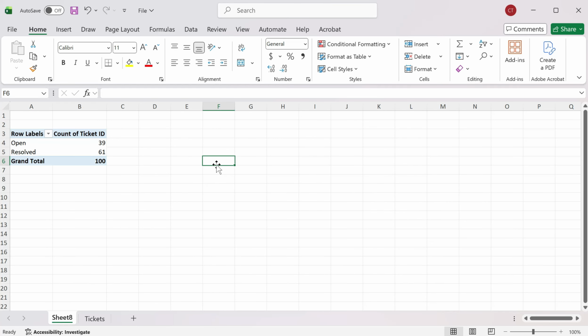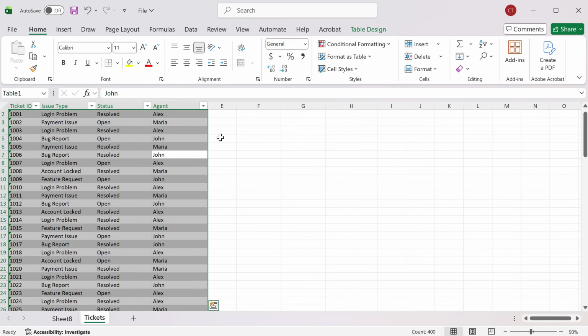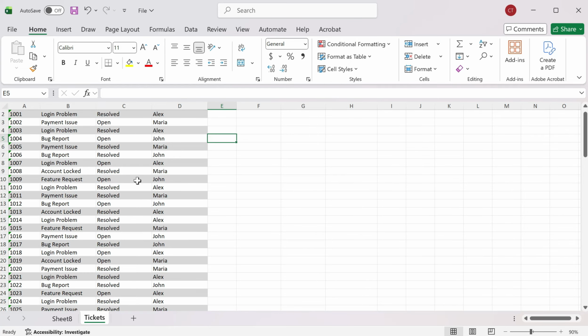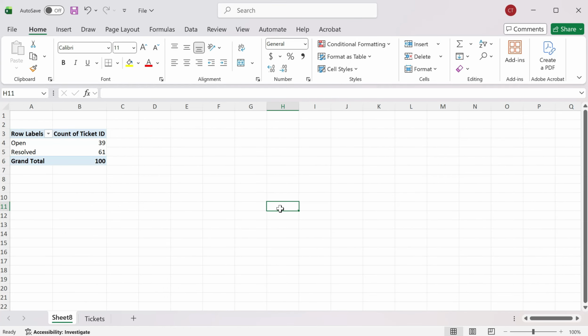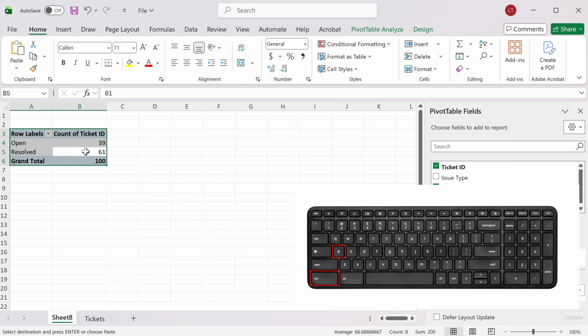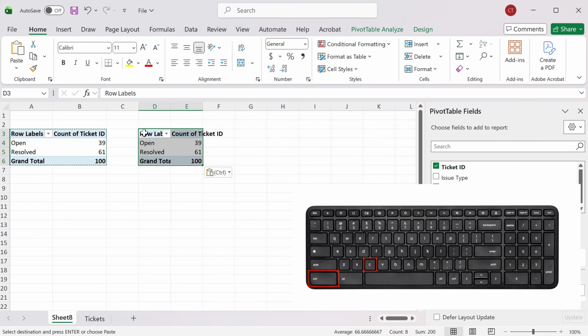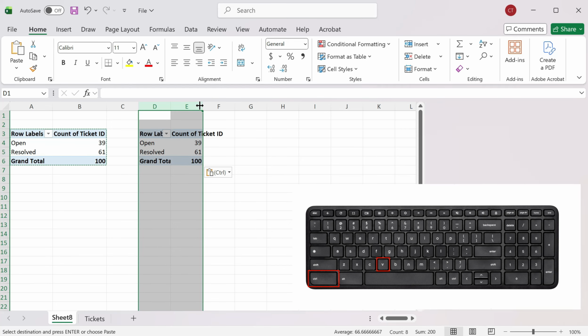Now, if I want to do the same thing 10 times, I'd have to go back and repeat the same sequence of steps for as many times as I want. But luckily, there's a different way to do it. And that is clicking on the pivot table, pressing Control and A, Control and C, and then going to the location where you want to create a copy of that pivot table and just pressing Control and V to paste